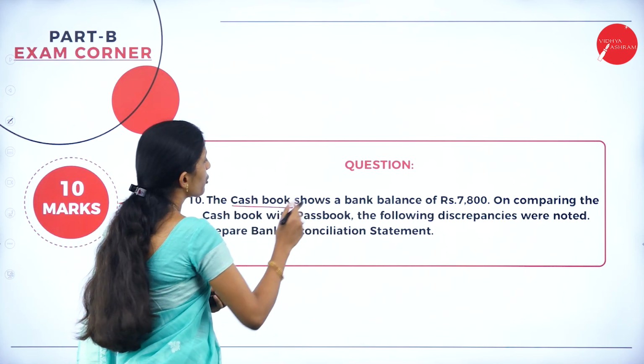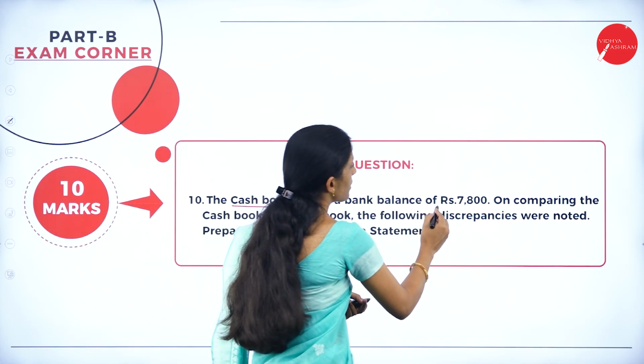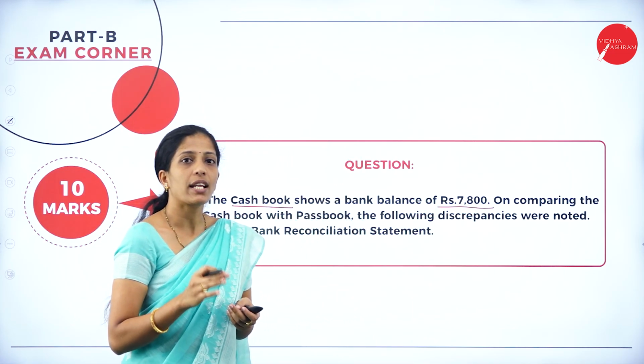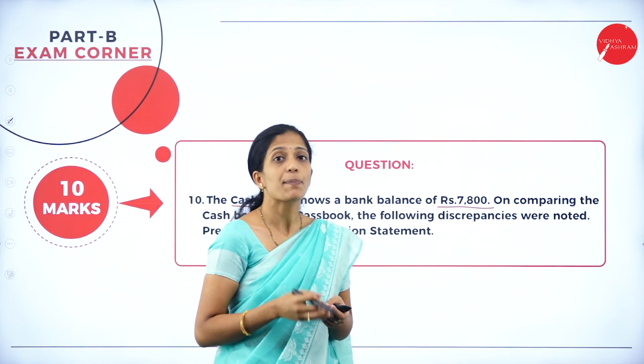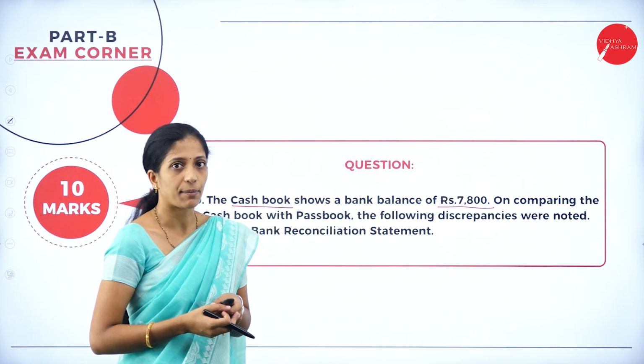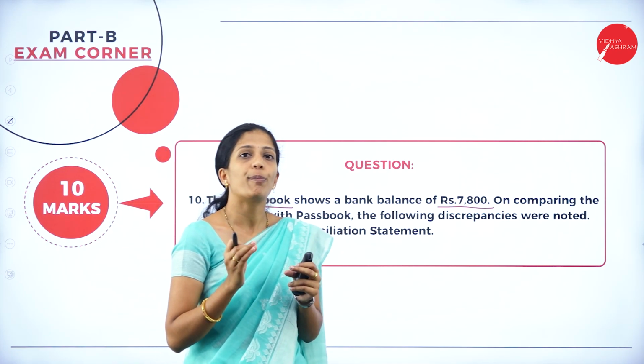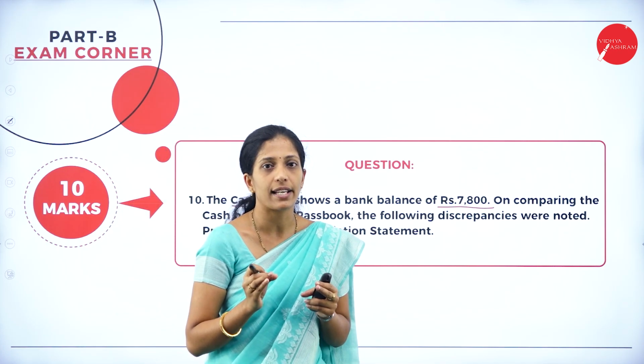The cash book shows a bank balance of rupees 7,800. On comparing your cash book with passbook, the following differences were found. So, they have asked to prepare a bank reconciliation statement. Now, whenever you see a problem on BRS, that is bank reconciliation statement,